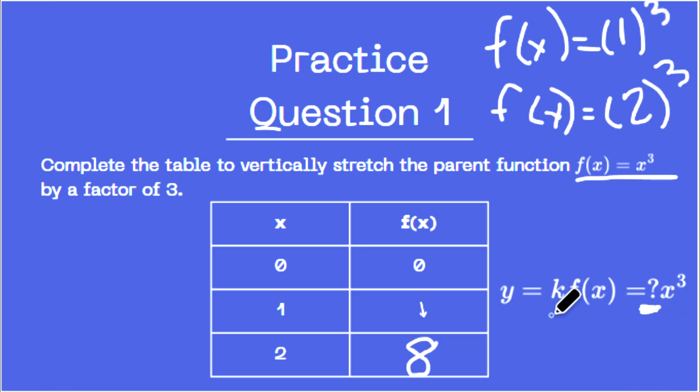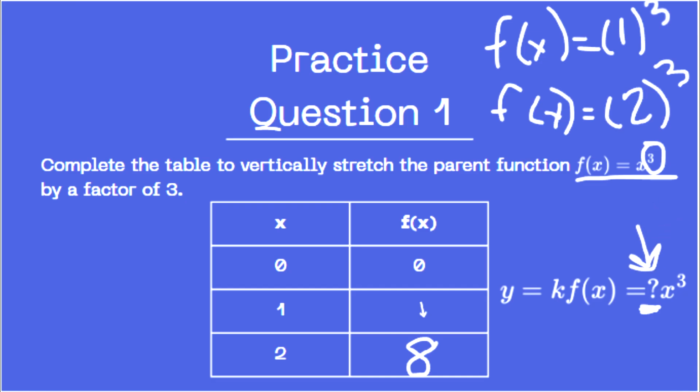If this is our parent function, which would be just f of x is equal to x cubed, what did we change here? How did we get from just the parent function to our dilation? We multiplied everything by a cube root, right? So the number that goes right here,